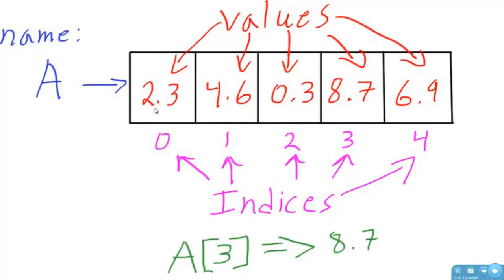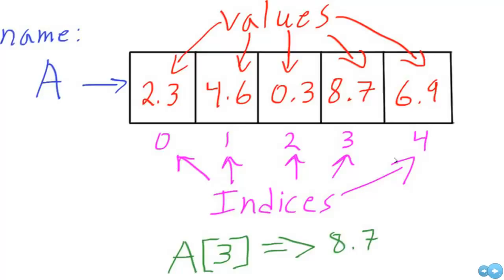We said that an array is a contiguous series of elements that have to be of the same type. Here we may have a 5-element double array. We have 5 elements represented here, and each individual element has a double value in it. The values are represented there in red. The name of this particular array is maybe array A, which you would have to specify whenever you created the array. For each element we have an associated index, and we start our index count at 0. The very last index would always be one less than the size or length of our array. The size of this array is 5,